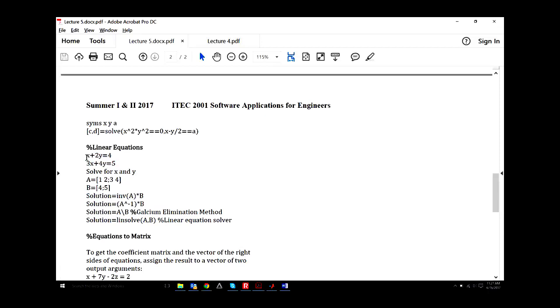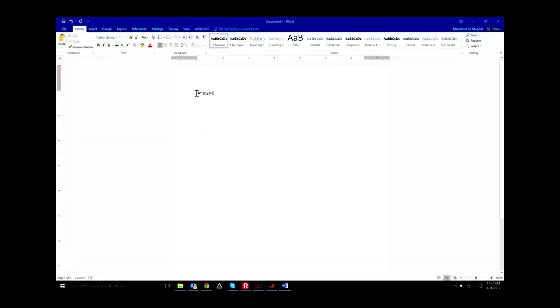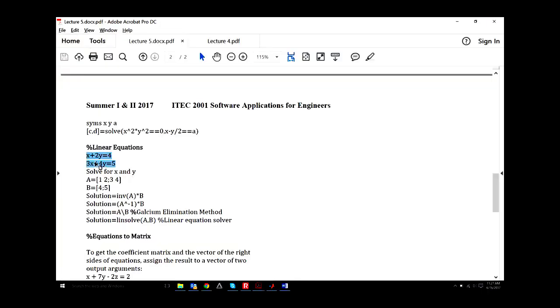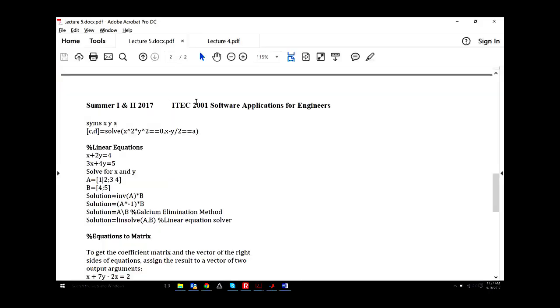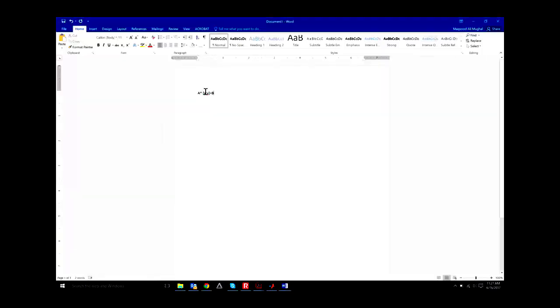I basically put this equation into a matrix form. So this is A here, the coefficients 1, 2, 3, and 4. A is 1, 2, 3, 4, multiplied by x and y. If I multiply this matrix form with x and y, I get x plus 2y and 3x plus 4y, times x and y equals B, where B is 4 and 5. We have to find out this x and y, which means we take A to the